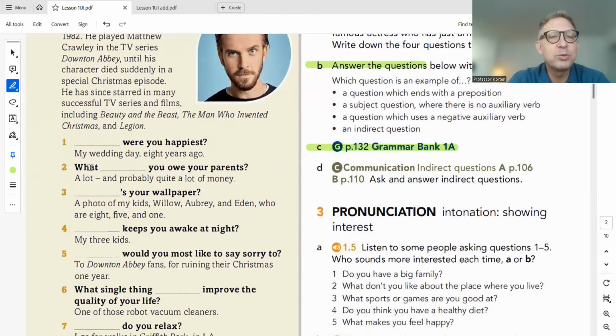If you want to answer these questions, you can. Again, they're dealing with questions, so you've got the answer below. Try to figure out the question. Maybe number one we can do together. What do you think? I see 8 years ago, so I'm guessing when. When were you the happiest? Oh, that's a question we could all ask ourselves. Was there a time in your life when you were the happiest? Hopefully it's now. But if not, when and why? 2 WH questions, when and why. These are some great ones.